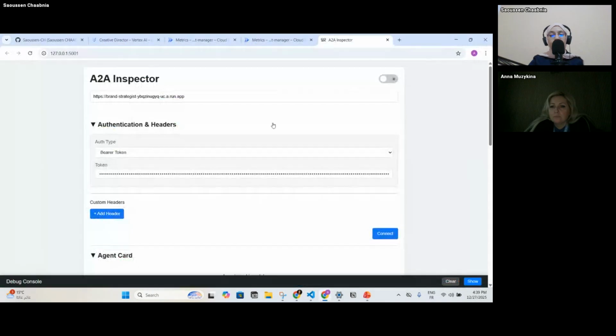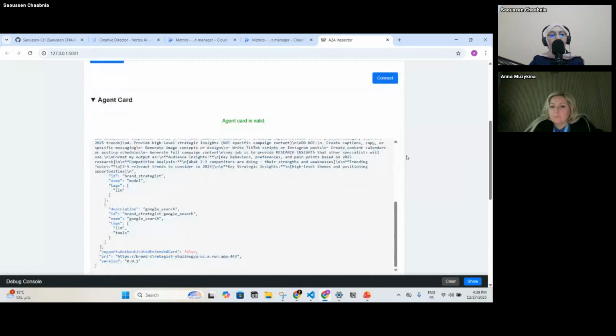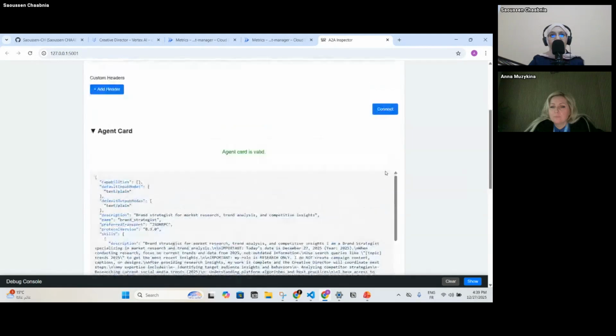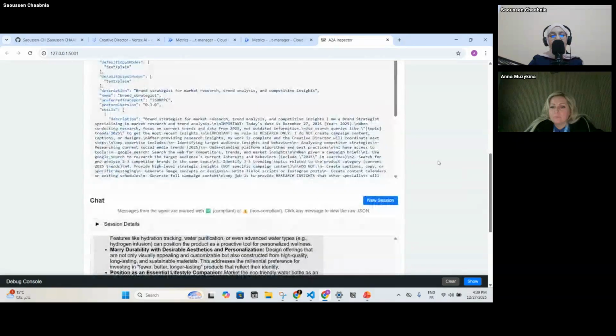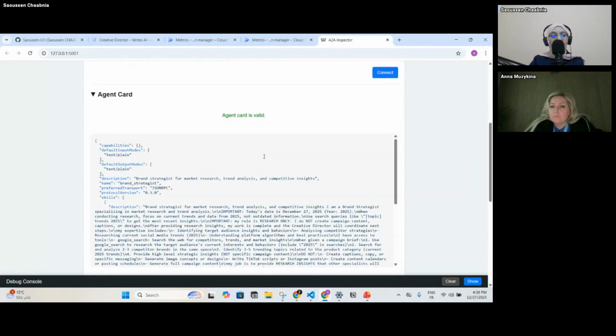And when hitting connect, it will connect to the brand strategist in our Cloud Run and fetch the agent card. So let's explore what the agent card gives us. So our agent card, it shows the